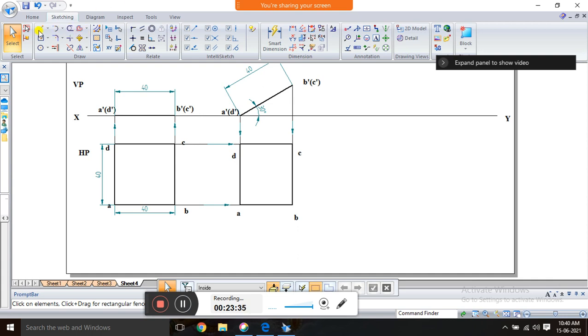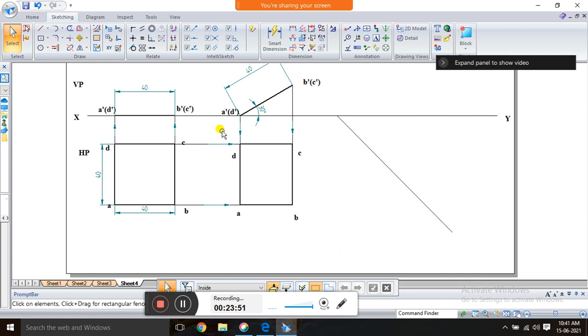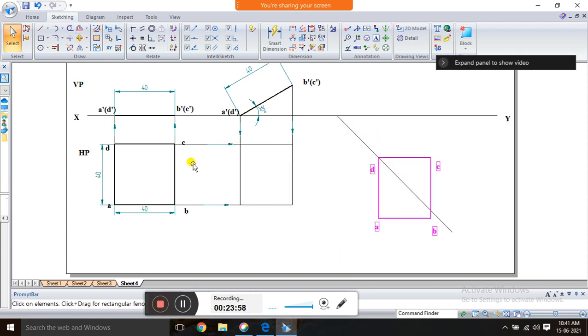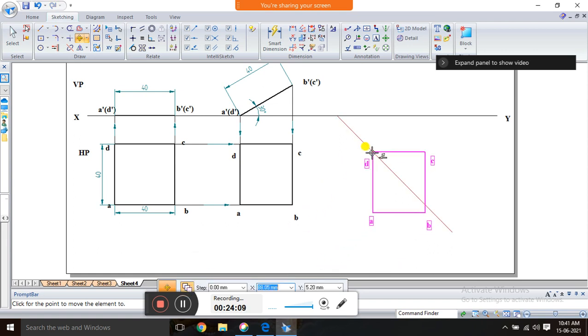See, the third position is 45 degrees. So here take 45 degrees from your compass and draw one line. And in the software, what you have to do is, in the software we directly copy this, move this and place it here, then with the help of the rotate option,